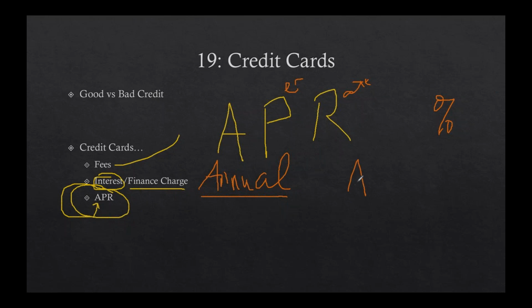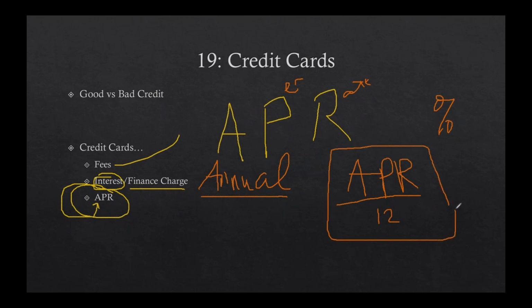Exactly, we're going to divide it by 12. So that is the idea. Not multiply, Amanda, we're going to divide. We're going to take the whole year and divide it into 12 months. Right. So this is the idea you're going to need to think about over the next few sections as we